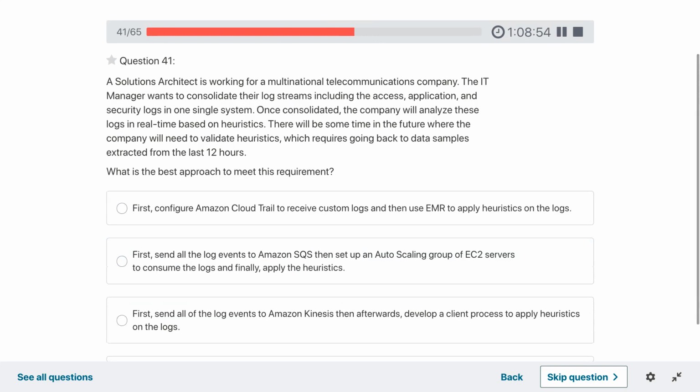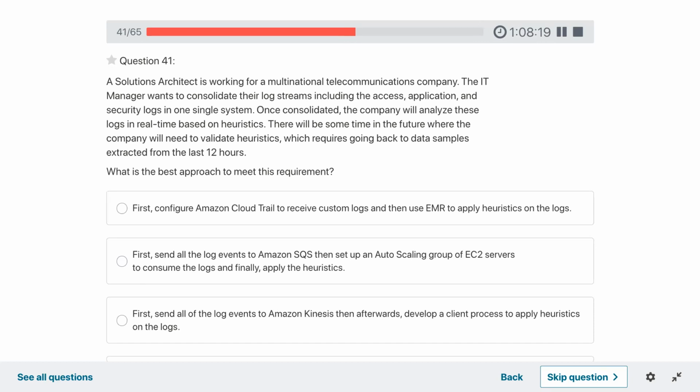A solutions architect is working for a multinational telecommunication company. The IT manager wants to consolidate their log stream, including the access, application, and security logs in one single system. Once consolidated, the company will analyze these logs in real time based on heuristics.